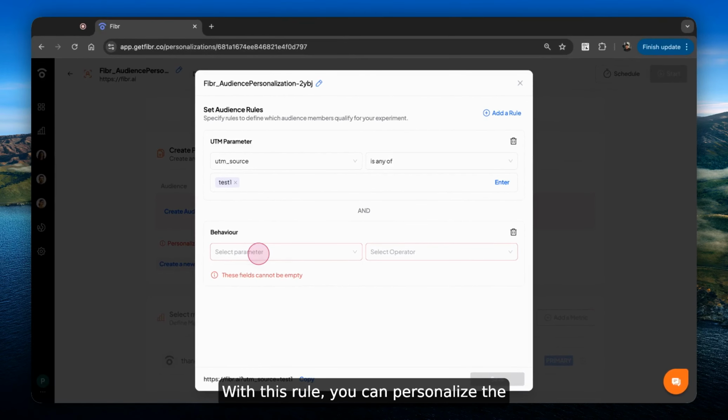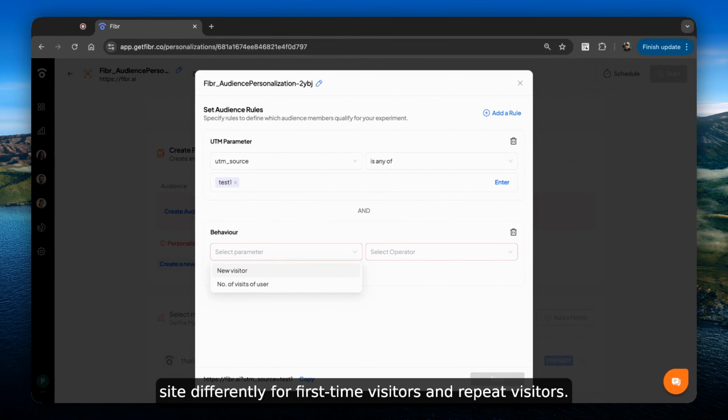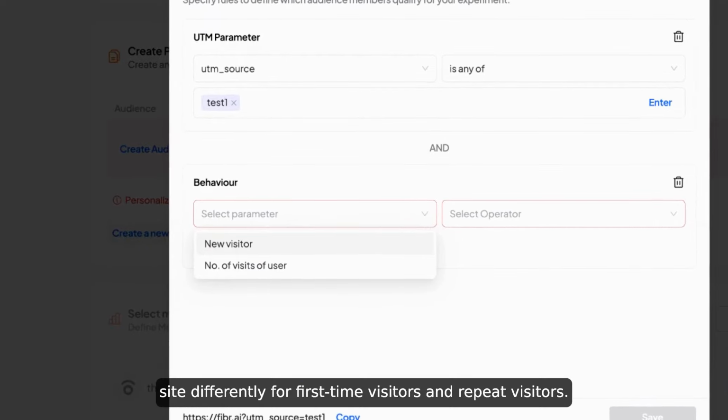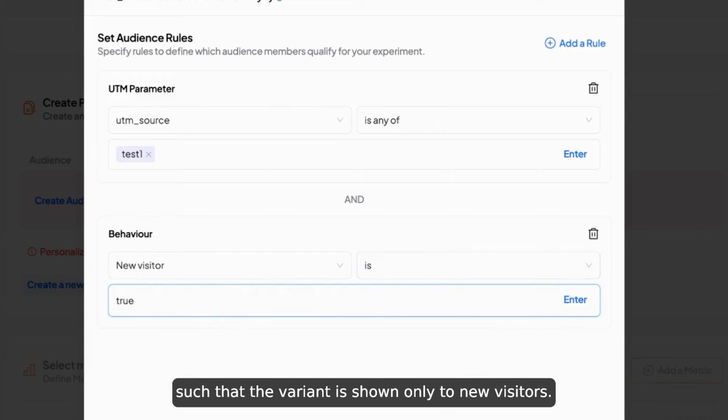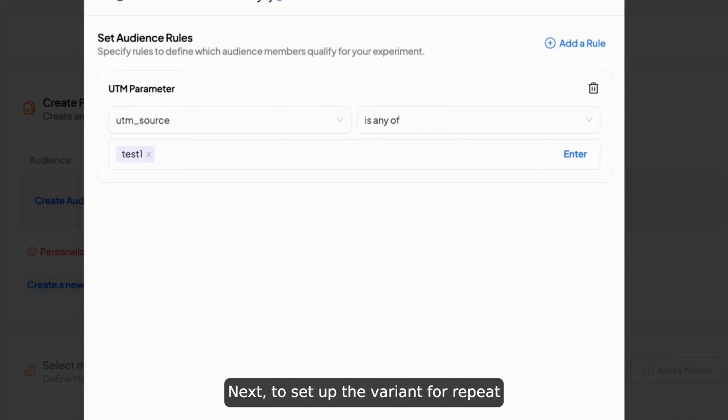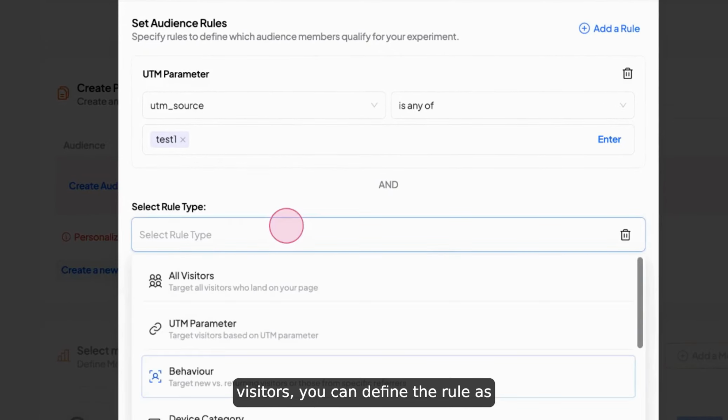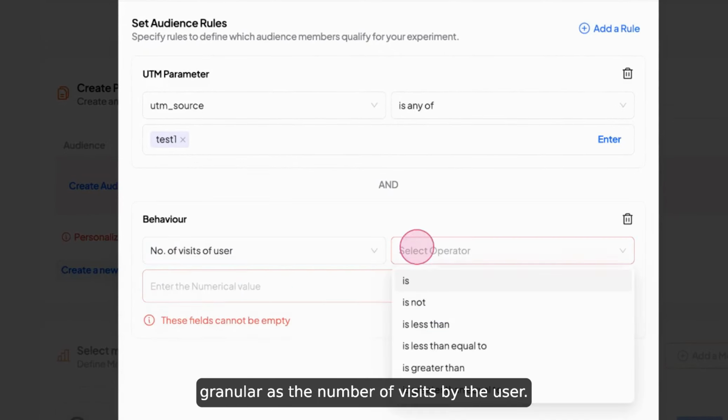Now, let's discuss the behavior rule. With this rule, you can personalize the site differently for first-time visitors and repeat visitors. Here, I'll show you how to set the rule such that the variant is shown only to new visitors. Next, to set up the variant for repeat visitors, you can define the rule as granular as the number of